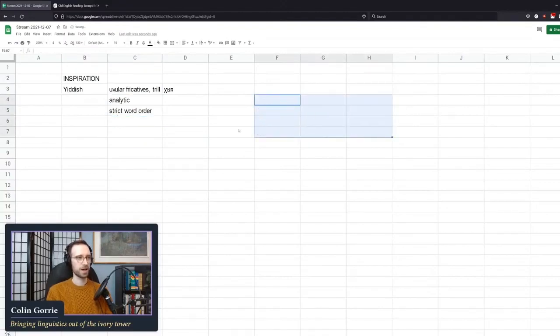So none of these charts. We may have a few charts, but I'm seeing Lucy in the chat is asking which are the uvular fricatives. So a uvular fricative, let's break that down into two parts. Uvular means that the sound is made by contact or near contact of the back of the tongue against